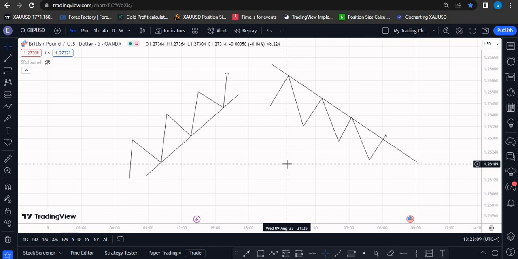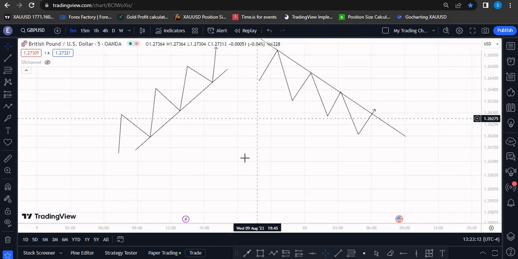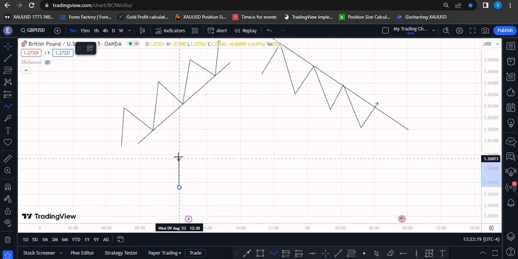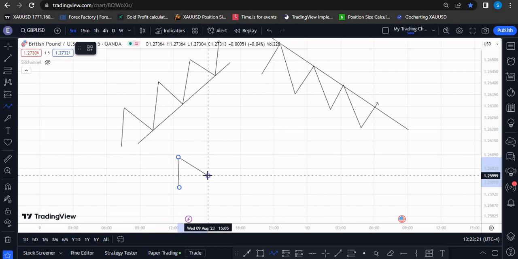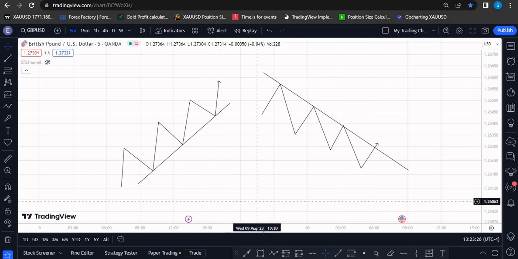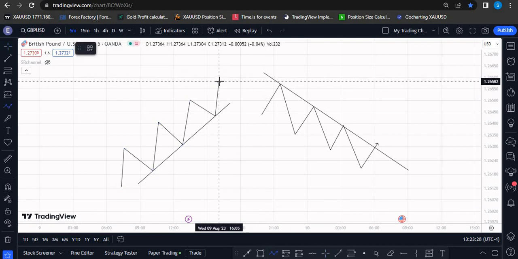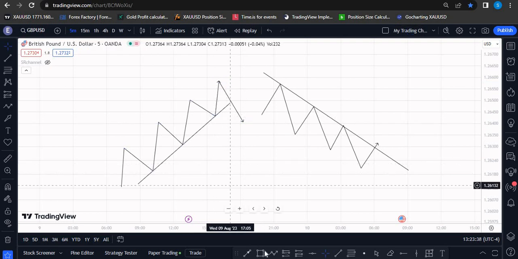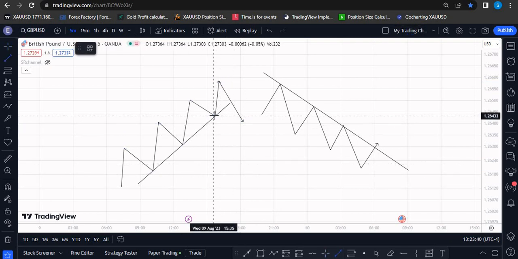Now we are talking about the trend line break. When we are talking about a trend line break for an uptrend, this is how it's going to look. Let me use the same chart. So what are we expecting? We are expecting the market to break this low right here. Once the price breaks this low right here, we can consider that as a